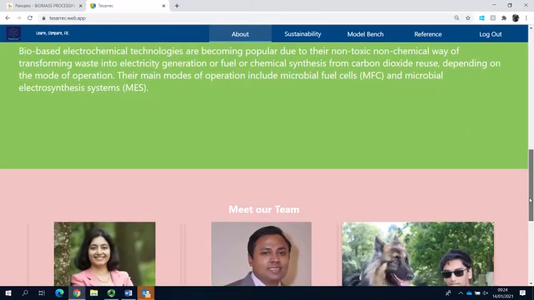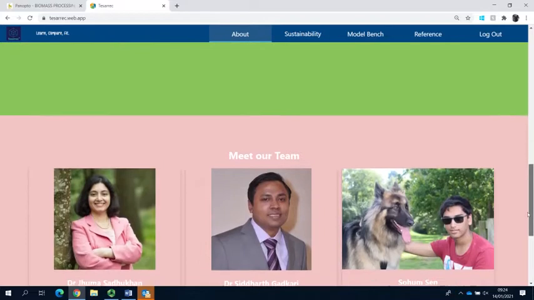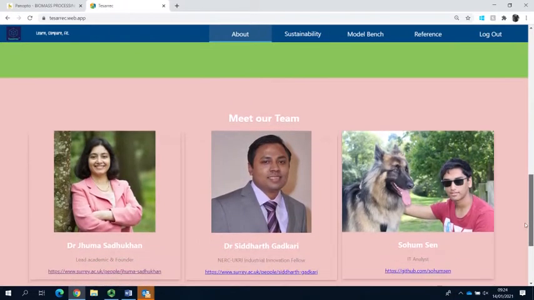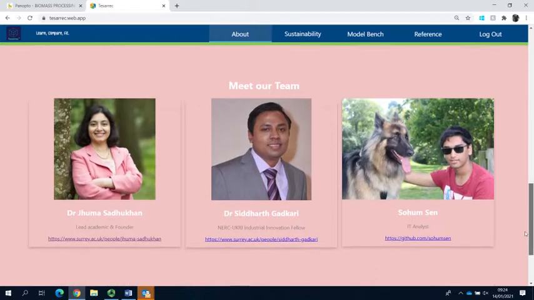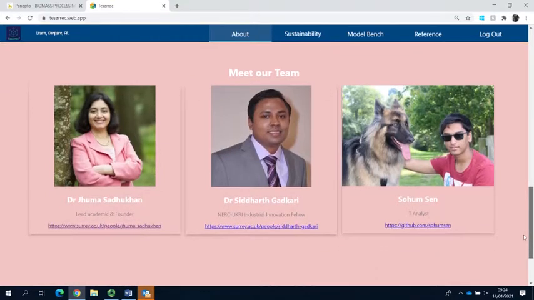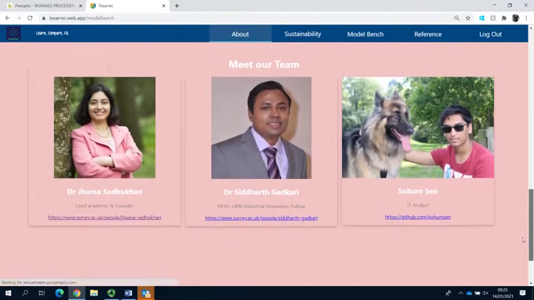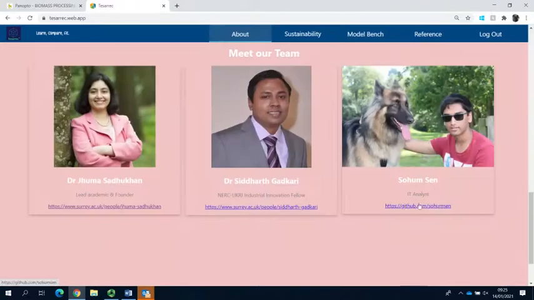And under Sustainability functionality, by the drop-down menu, you will get access to inbuilt models of process technologies to test effects of inputs on output variables in those process technologies. Soham Sen, IT analyst, and in his GitHub account, you would be able to find the JavaScript code for this